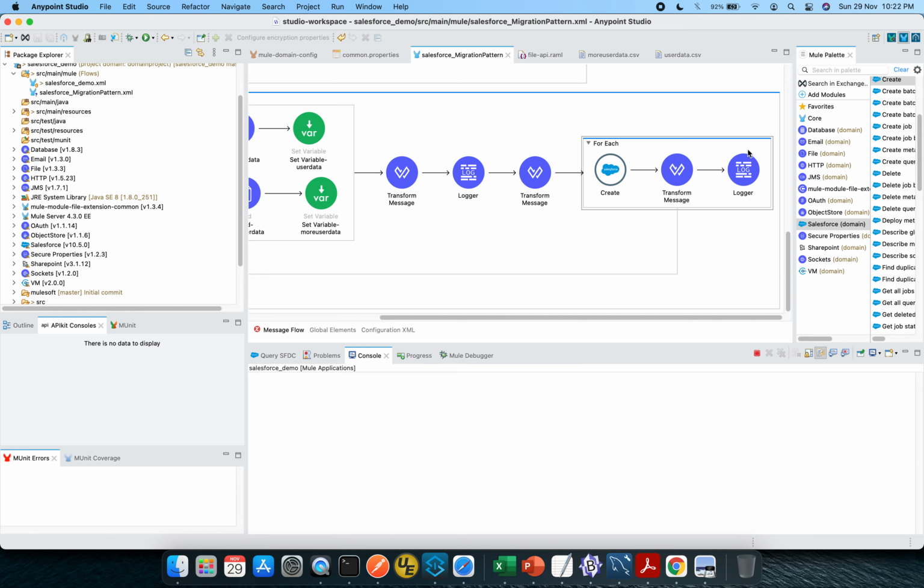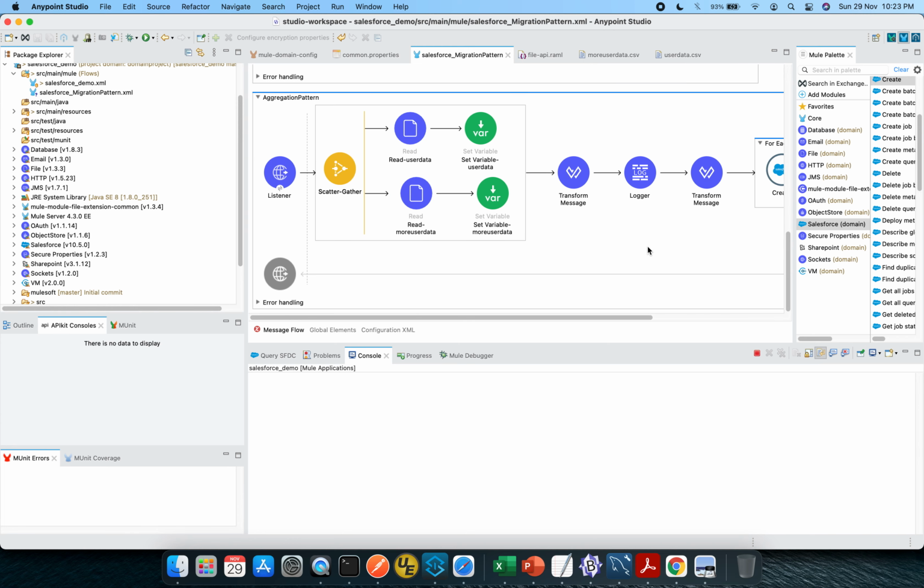I tried for each because earlier we used batch, but we don't have to use batch only. Depending upon the use case, the number of records in this flow will be relatively very small. Let me show you the content of these two CSVs. It will make more sense then.